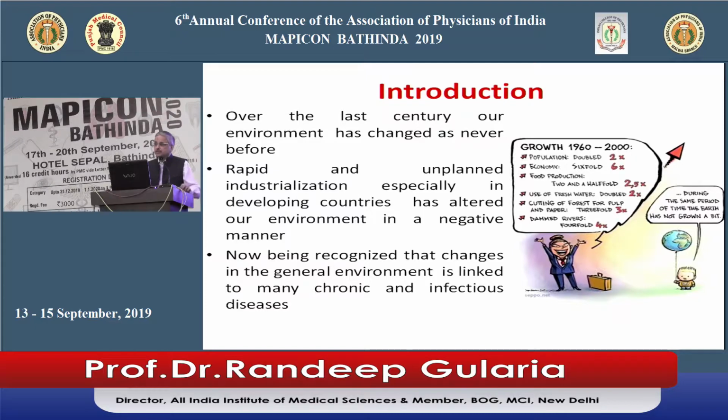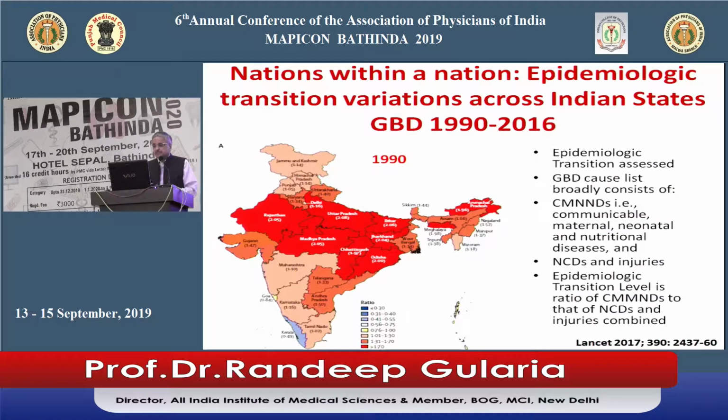So if we look at what has happened in the last 20-30 years, over the last century our environment has changed as never before. Rapid and unplanned industrialization, especially in developing countries, has altered our environment in a negative manner. And this is now being recognized to be associated with a large number of chronic and infectious diseases. This is a paper in which a lot of us were involved in trying to collate data, and this is very nicely tabled as the nations within the nation,